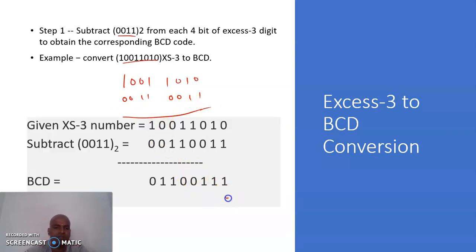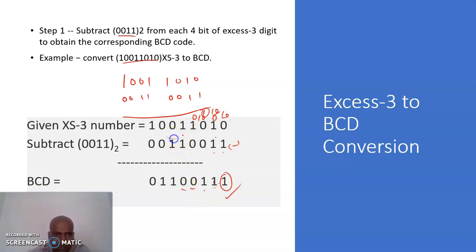You will get the result. Okay, that is it. 0 minus 1, we can't subtract, so get the borrow 1 from here. Now this value becomes 1 0. So 1 0 minus 1, the answer is 1. And again here the value 0 is there, so we can't subtract, so borrow from here. Now this becomes 1 0. Okay, now get the borrow from here. Now this becomes 1 and this becomes 1 0. So 1 0 minus 1, the answer is 1. Here 1 minus 0, answer is 1. Here already 0 is there, so 0 minus 0, answer is 0.